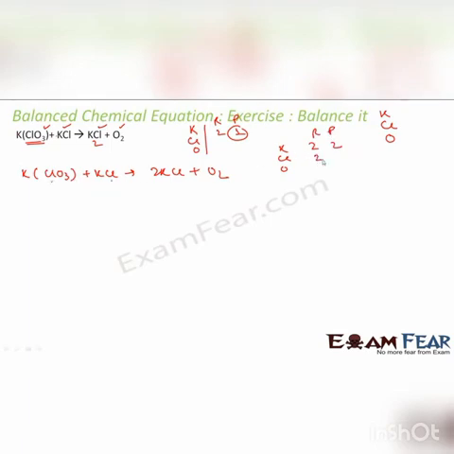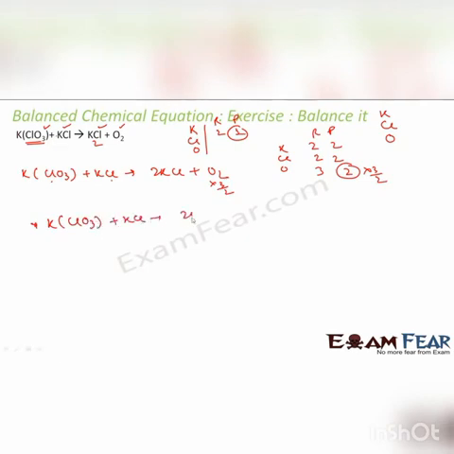Chlorine is 1 plus 1, 2. Here also 2. Oxygen is 3 here, and 2 here. This is not balanced. So let's multiply this one with 3 by 2. So what you get here is